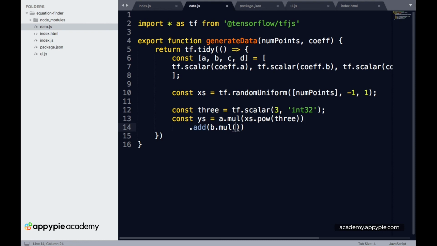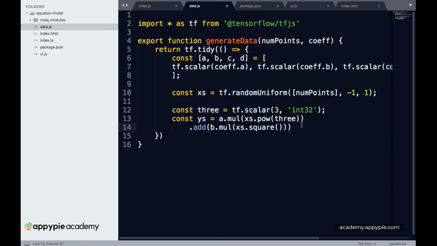So now we have xs, and we directly have a method to square a tf scalar in tf, which is square. So with this we have b dot multiply, and inside multiply all we do is we have xs and we calculate the square of xs.